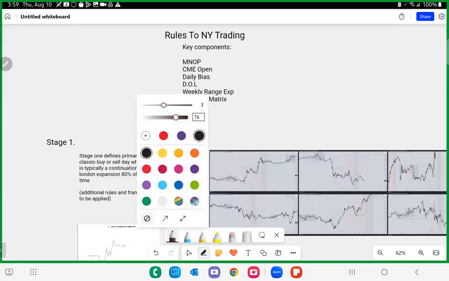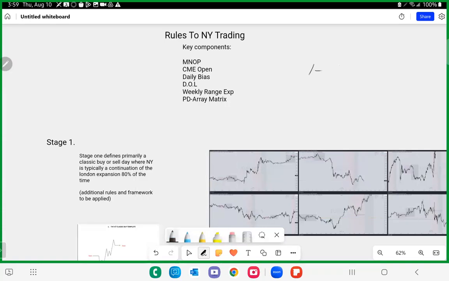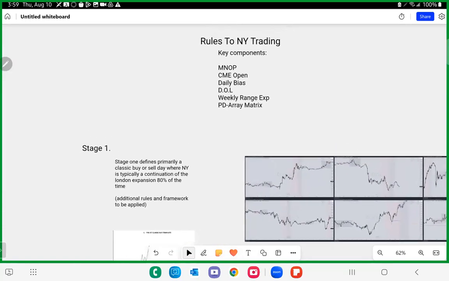So if you're watching this, you probably already understand the ICT kill zones and things of that sort. The London Open kill zone is from 1 till 5 a.m. Primarily, I use 2 to 5 a.m. And the New York Open kill zone is from 7 until 10 a.m. Primarily, I use 8 until 10 a.m., right?